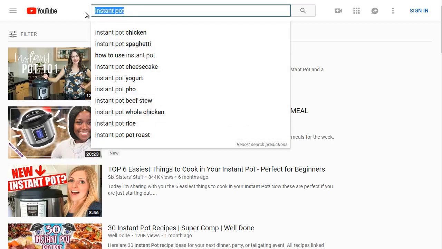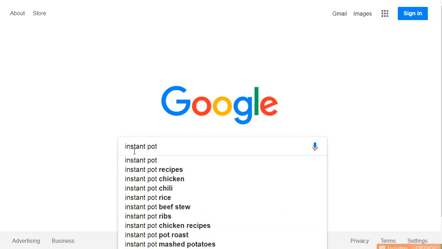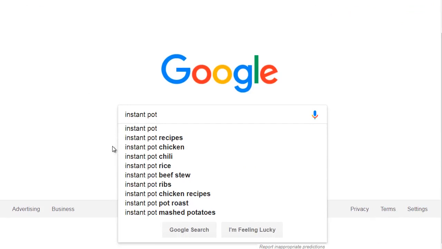Now let's hop over to Google and see what we get. Do we get the same thing? Do we get something different? If you go to Google and you type in the same thing, Instant Pot, we can see that we've got Instant Pot recipes, Instant Pot chicken. Notice that the chicken and the roast beef or the pot roast seem to appear both in Google